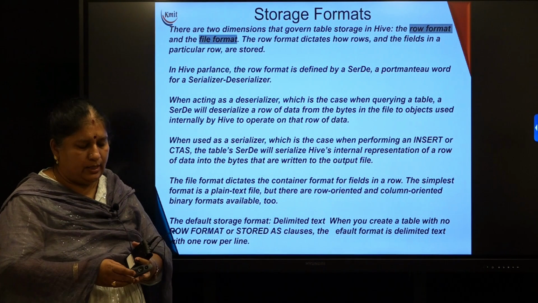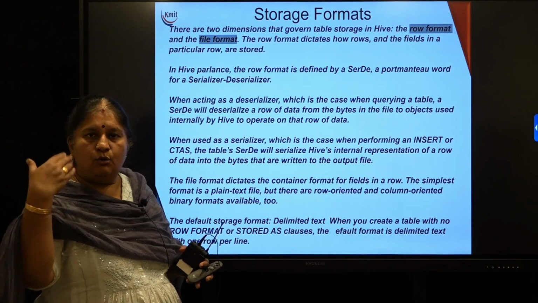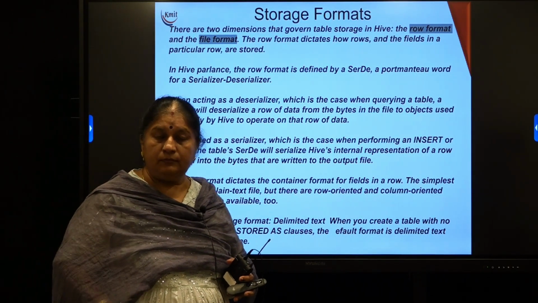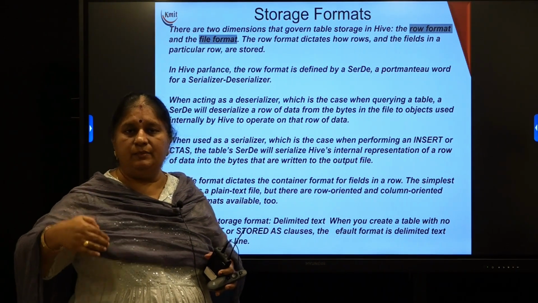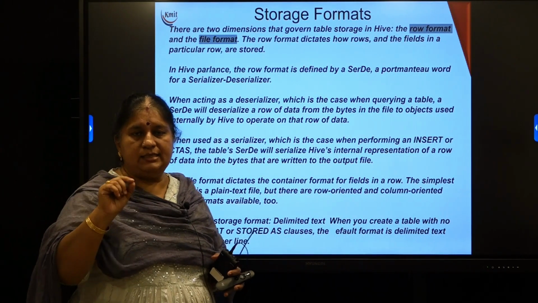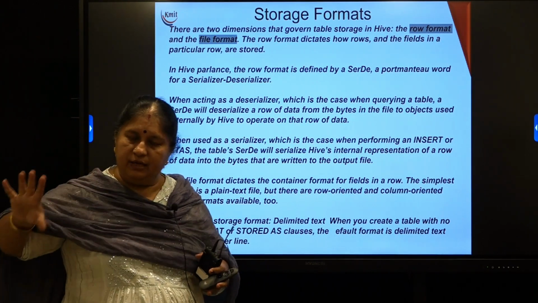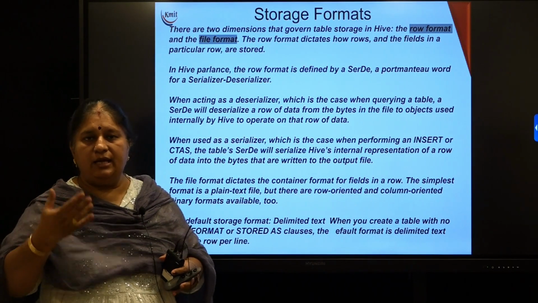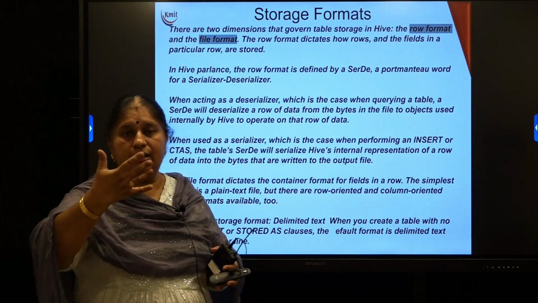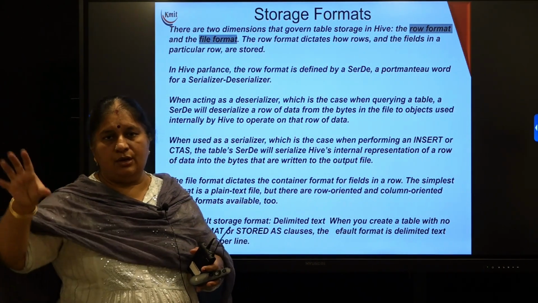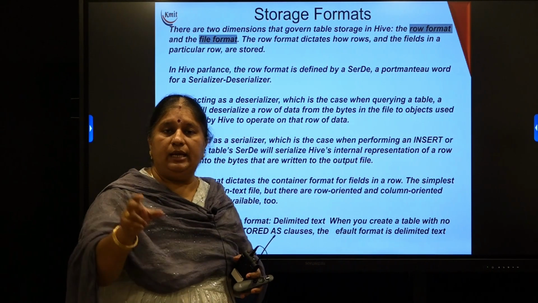What is the meaning of this one? Originally my file is a text file, right? When it is loaded into the Hive table structure, whenever you are issuing a query, only then will the data from the text file be loaded into the table. When I say select star from log_records, until I give this query, the file will be in log.txt. Whenever I give this query, the data from this file will be loaded into the log_records table, then it will try to show me the log records in an SQL format. So the text file is now converted into Hive query language objects,